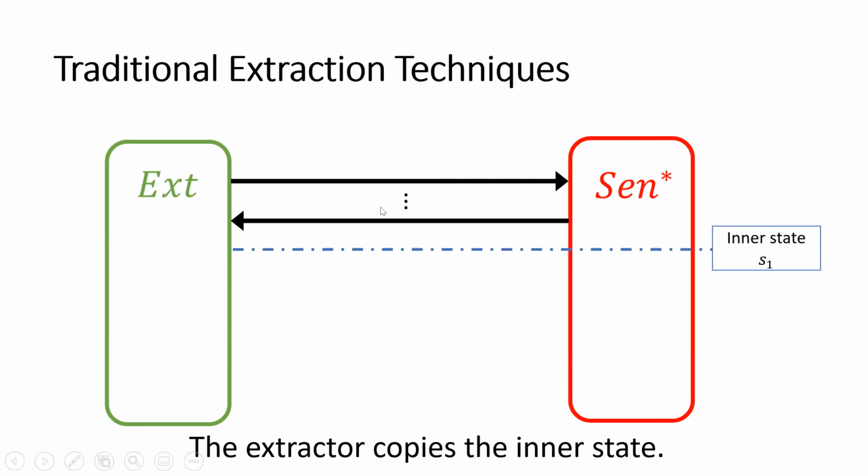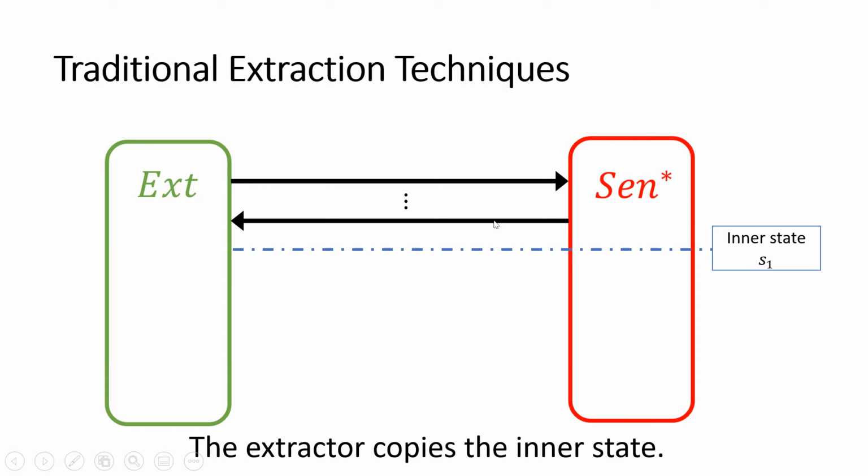Okay, so it will be instructive, because we won't have enough time to go into the techniques. It will be instructive to understand why the previous techniques, in how to do a classical extraction, don't work when we want to extract from a quantum computer. So recall that the extractor has the code of the sender, and it uses this code of the sender to